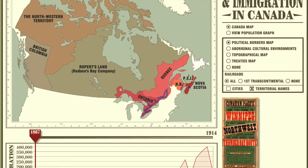In 1867, and it's produced by the Alberta government to kind of teach people about our history. And what it'll show is kind of the changes that happen. So you can see there's the different parts of what is now Canada in 1867. And then as I move this slider, you notice, okay, we get to